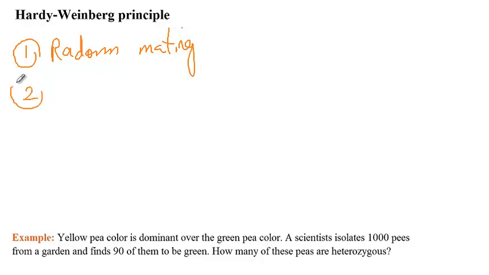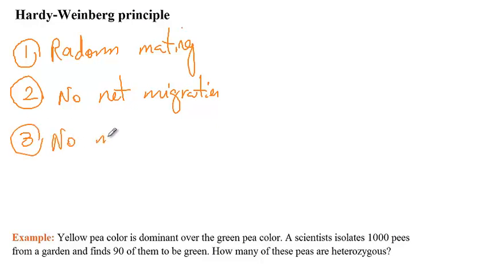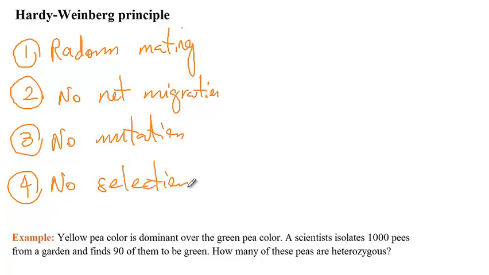Number two, we have to assume that there is no net migration that would affect the gene pool. We have to assume that there won't be any mutations again that would affect the gene pool. And then finally, there won't be any selective forces that would affect the gene pool, so no selection. So if we have these assumptions in place, then Hardy-Weinberg Principle can help us predict the allele or gene frequency